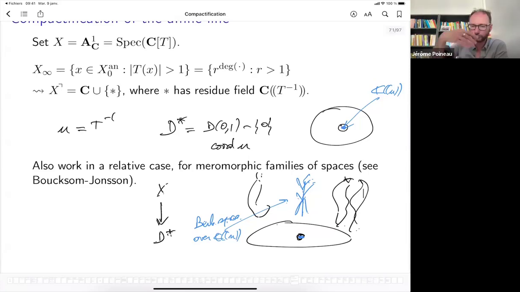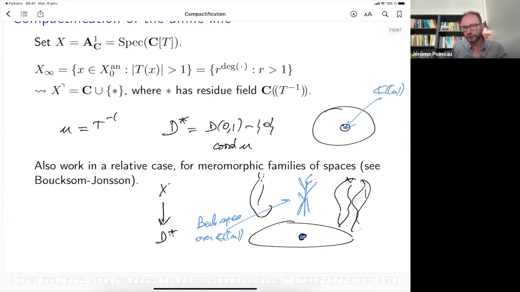You want to be able to extend them by continuity, and it's known that you cannot do it on the Deligne-Mumford compactification, because if you approach the same point in the boundary of the Deligne-Mumford compactification with different speeds on different variables, the limit should be different. So you need a bigger space.